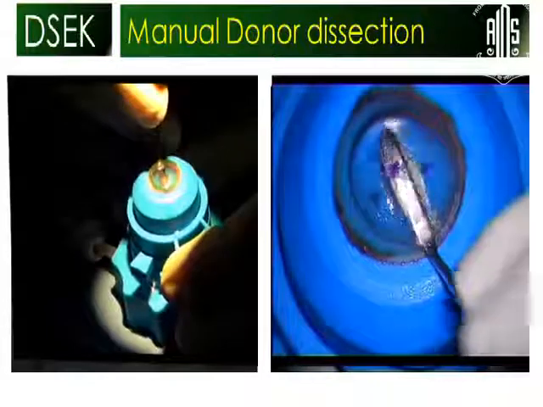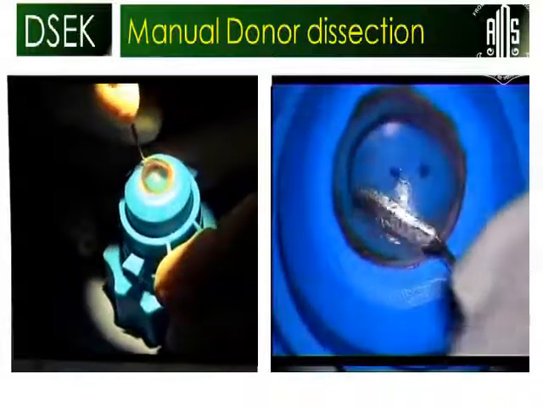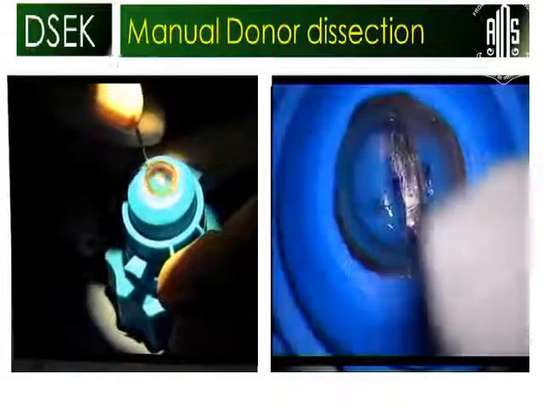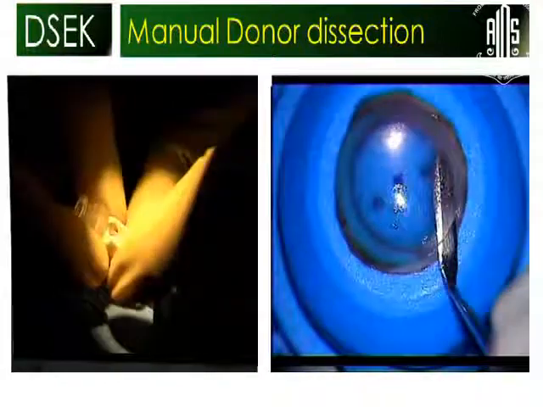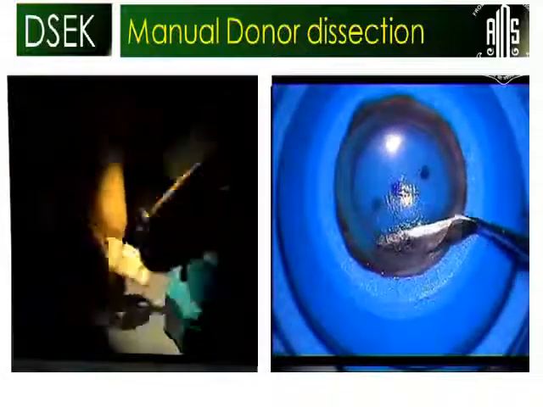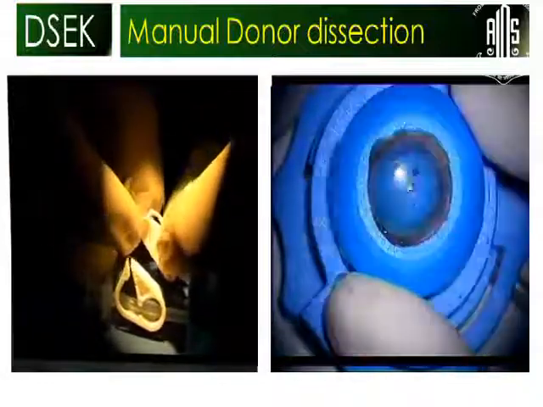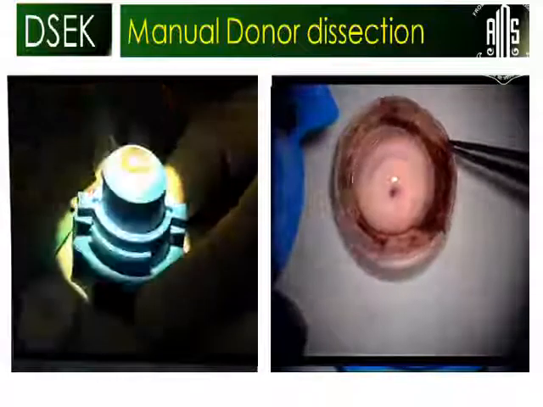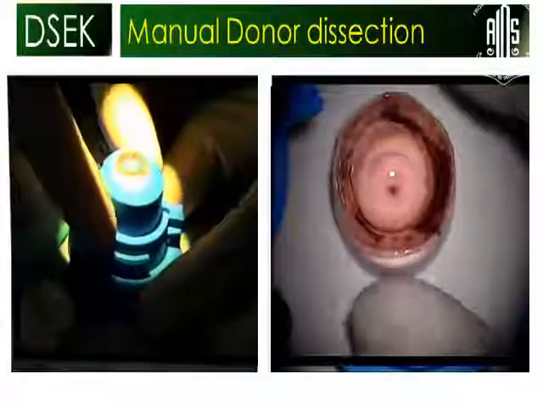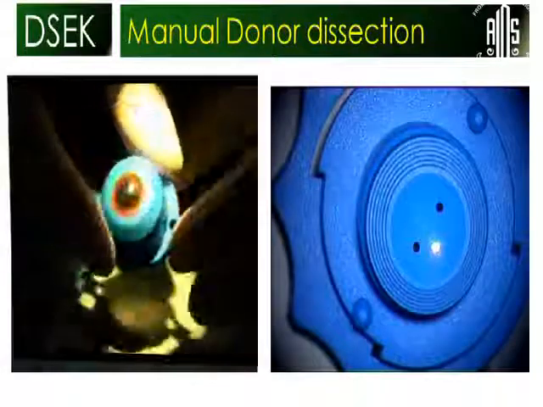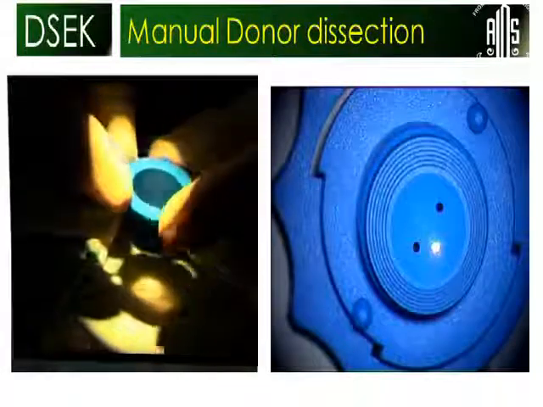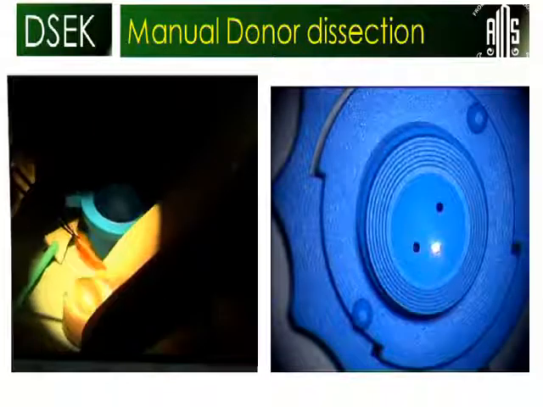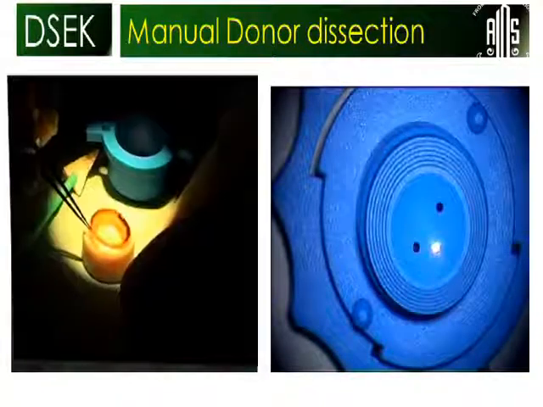Then with another kind of dissector, the lamellar dissector, you go up to the periphery, touching the limbus, and go all around 360 degrees, so that your dissection is complete. Before you take it out, you must release the pinch cock so that there is no problem of deformation of the anterior chamber. So you shift this dissected cornea over the Teflon block.